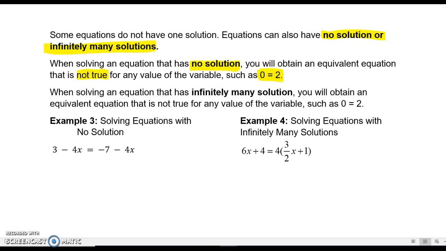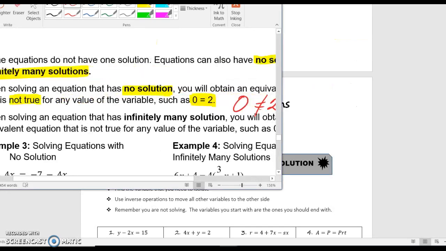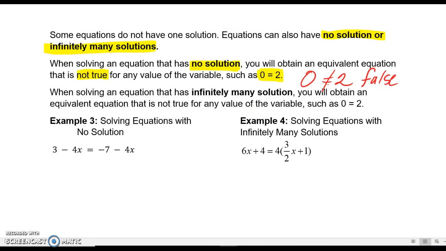And generally, I will write that like this with a slash through the equal sign, just to show you that this says not equal to. 0 does not equal 2. That is a false statement. Therefore, it's a no solution. Okay? If an equation has infinitely many solutions,